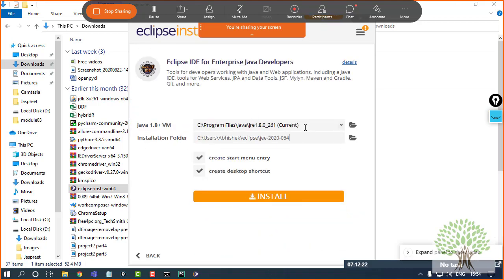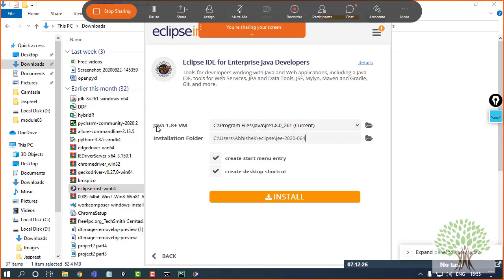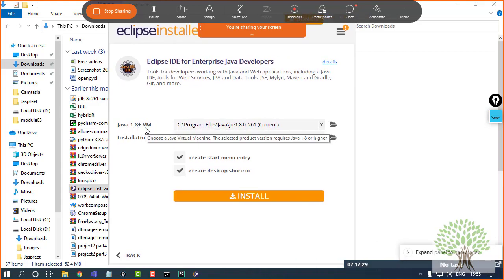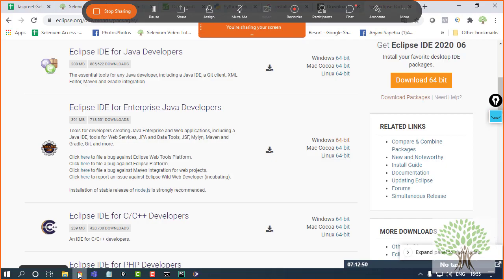And after that, it's going to ask for two requirements. First is Java itself. It requires a JVM on your system, because as I earlier told you, Eclipse is famous for working with Java, right? So you need to have JDK files on your system so that Eclipse can run. If you don't have it on your system and you want to work with Eclipse, you have to get the JDK first. How to get the JDK and which version you need to get is very simple.